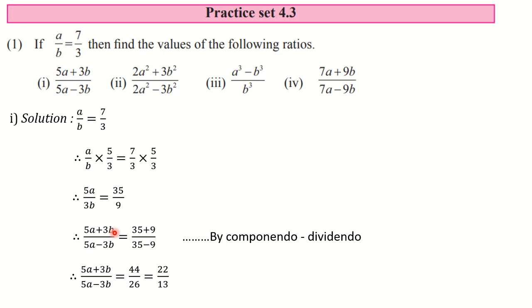But as I have told you again and again, you simply cannot write 7 in place of A and 3 in place of B, because the ratio is in reduced form and it always has a common multiple. So you need to take that common multiple as K, and in place of A write 7K, and in place of B write 3K. No need of doing these two steps. You have to write A is equal to 7K, B is equal to 3K, and simply go here and replace A by 7K and B by 3K. You are going to get the answer.